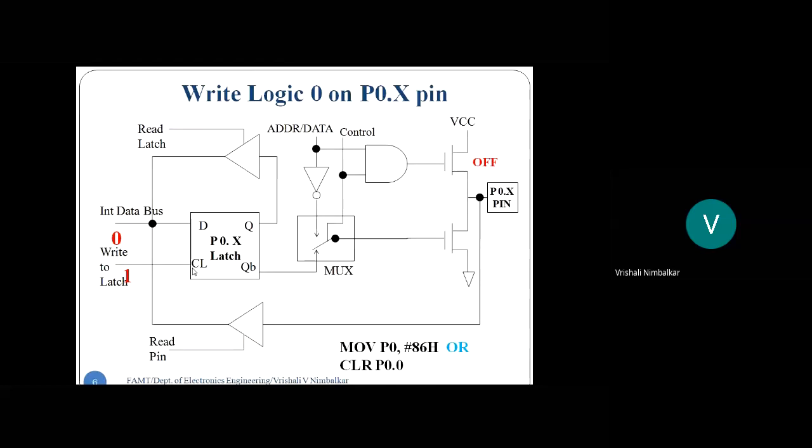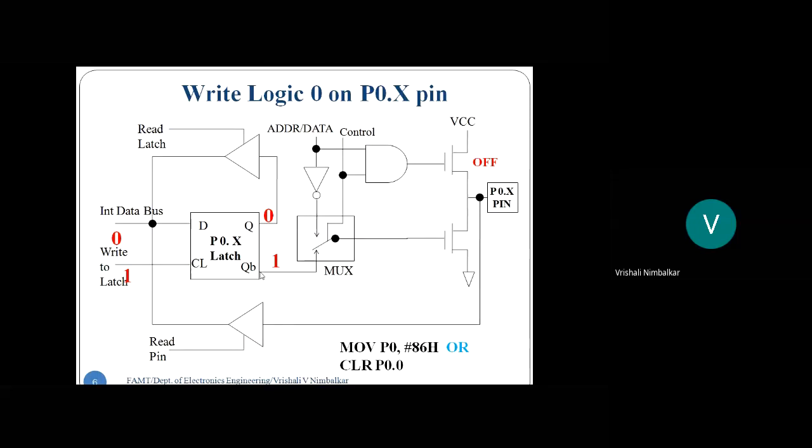Now this control signal is acting as a clock signal. As soon as the latch gets the clock, the D latch enables, and whatever is at the D input gets transmitted at the output. So what will be available at the output of the latch? Logic 0 gets transmitted. It's a data latch. Whatever is at the input transmits at the output. So logic 0 gets transmitted on Q. So what will be available on Q bar? Its complement. Logic 1 appears on the Q bar.